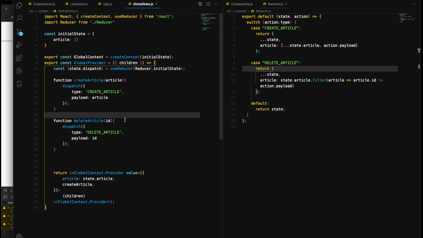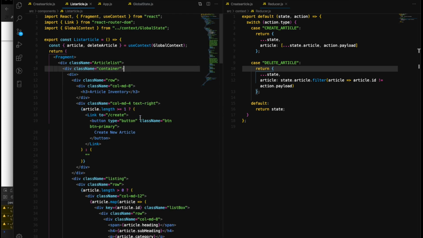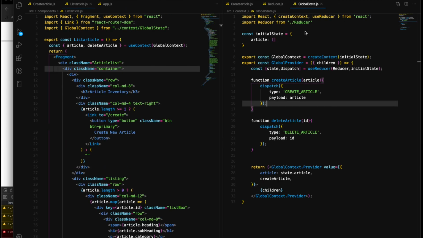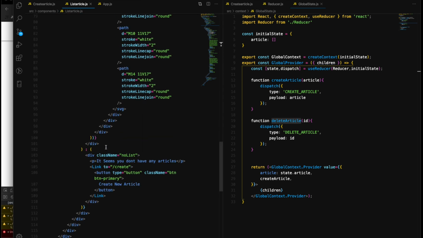Yeah. So I think everything is fine. Now let's go to our list article, and now we have already imported delete article we created inside our global state, and now we will go ahead and write some